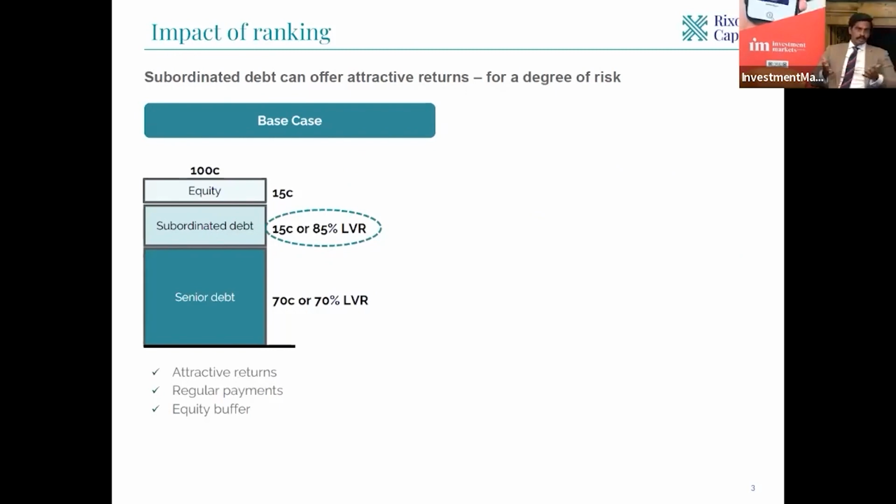In the first example, I've just got an illustrative capital stack. So we're talking about where you rank here. If you're a subordinated debt holder in this scenario, you're generating an attractive return and you have what you believe is a 15 cent equity buffer ranking behind you. So you're an 85% LVR. But the key point to realize is when you're a debt investor, there is no upside. The key question you've got to ask when assessing risk and return is, where do I stand? How do I recover my capital if things go south?